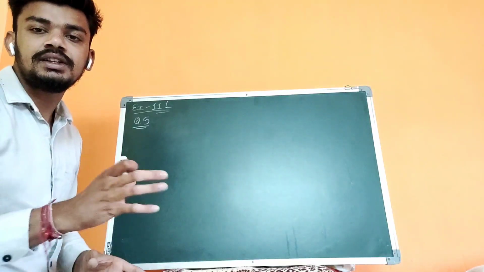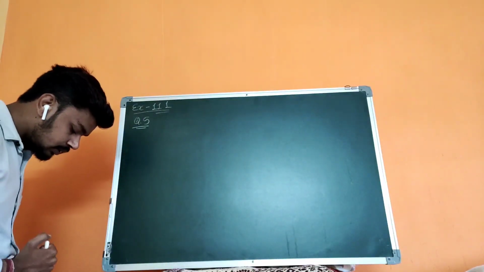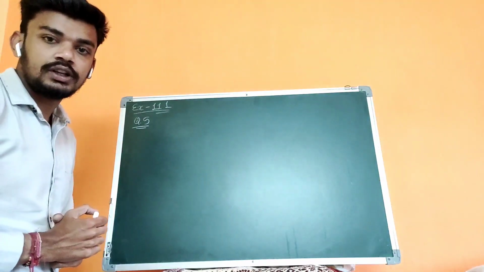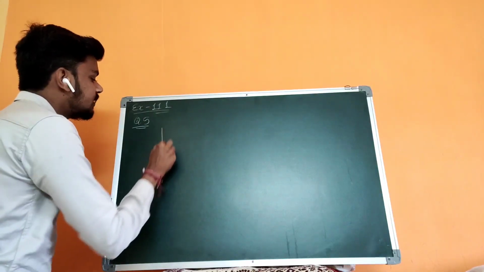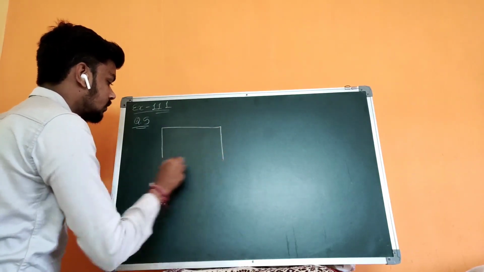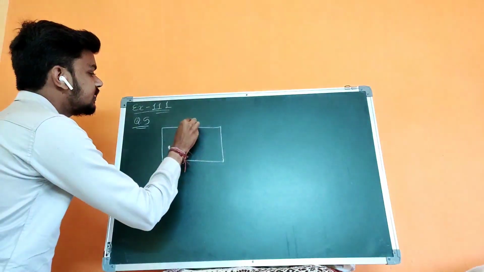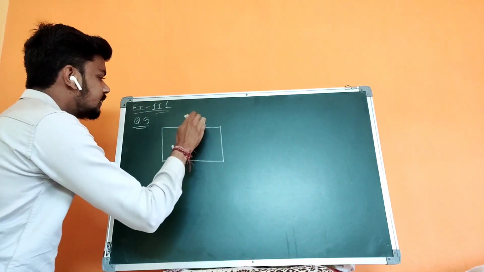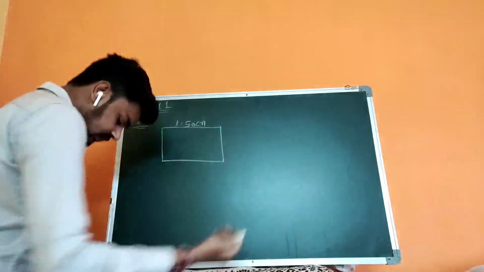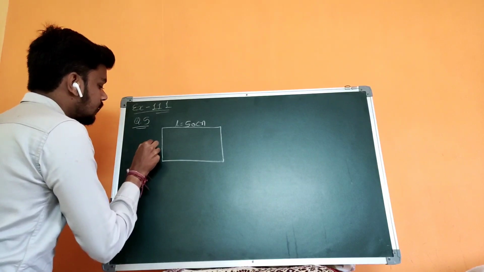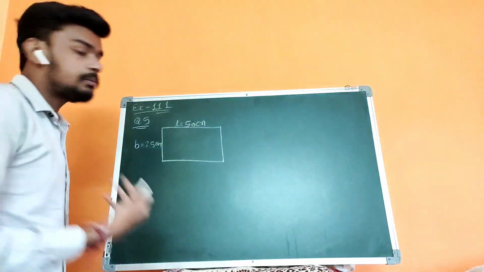So generally she has a piece of cloth, right? She has to put the lace on top of the cloth. So first we'll draw that piece. Let's take that piece like that. This is 50 centimeter, which is the length of it, so we'll call it L, and this one is 25 centimeter, which is width, or we can also say breadth of it.